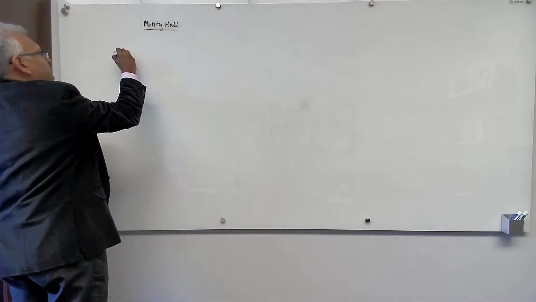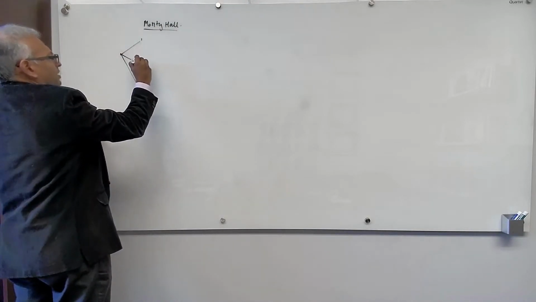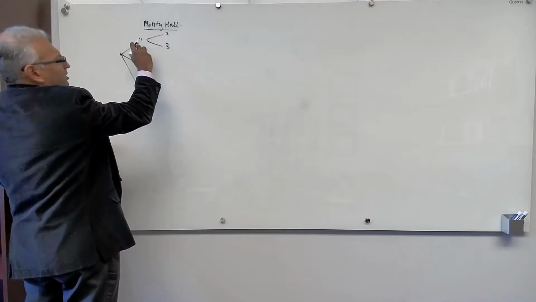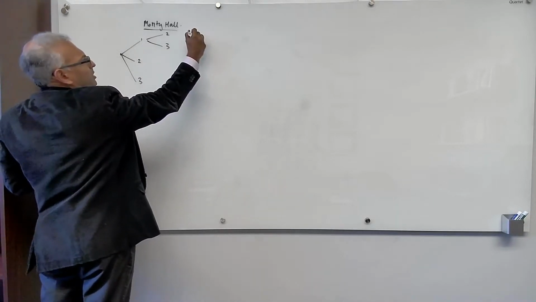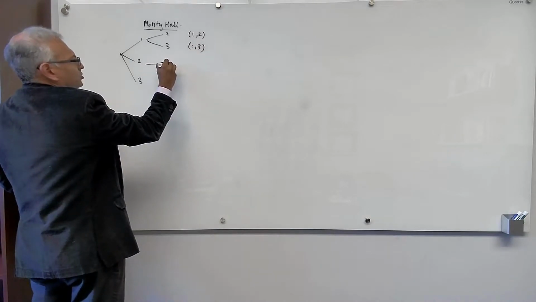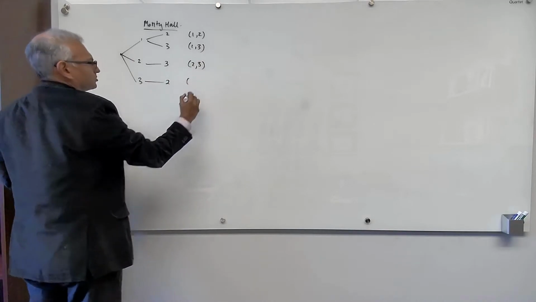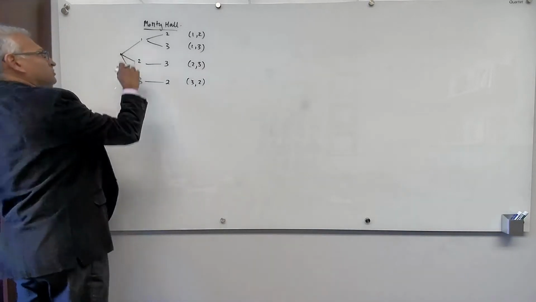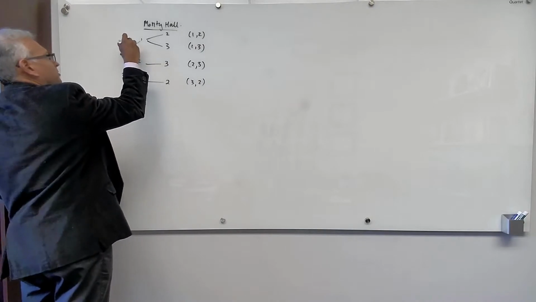Remember, the contestant is at door 1, the prize is at one of the 3 doors, door 1, 2, or 3, and Monty opens either door 2 or door 3 in the case that the prize is behind door 1. So this is the outcome 1, 2, this is the outcome 1, 3. Here he has to open door 3, so this is the outcome 2, 3. And here he has to open door 2, so this is the outcome 3, 2. But now I'm going to add a twist. The prize is randomly placed behind a door, so this is 1/3, 1/3, 1/3.